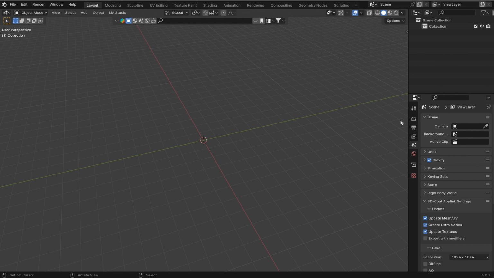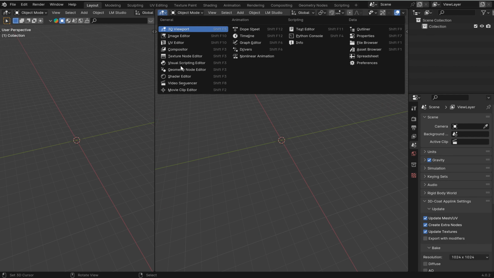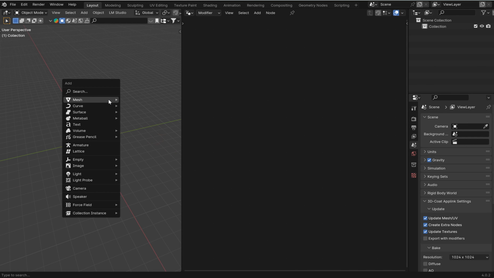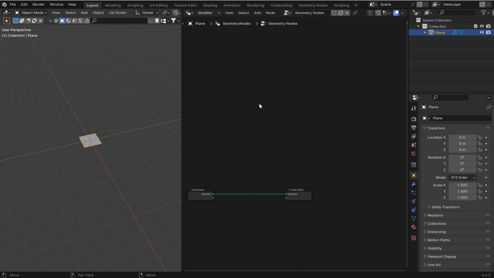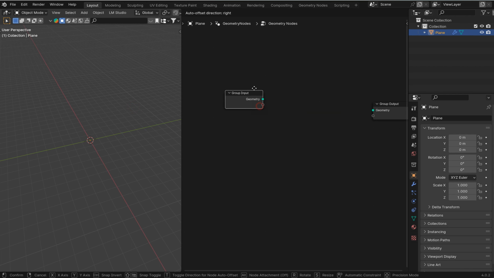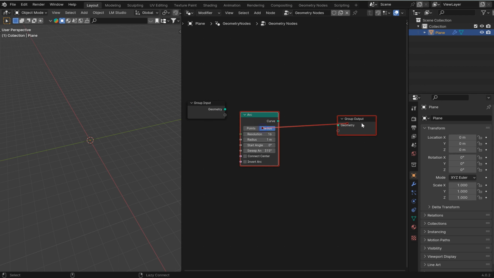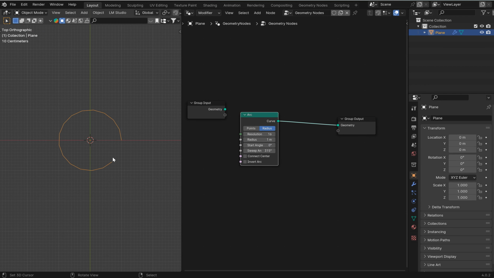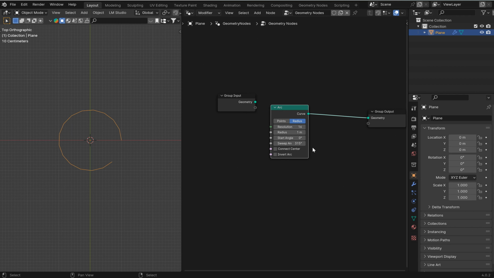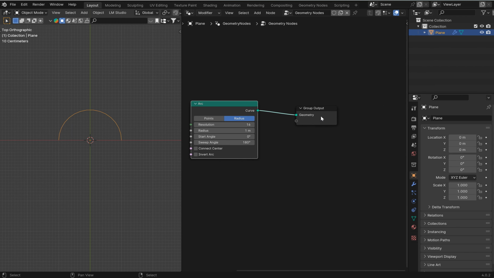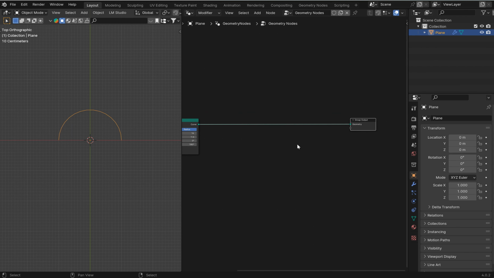All right, let's make this really easy and as quick as possible while still being informative. So I'm going to pop over to the Geometry Nodes workspace. Doesn't really matter what you grab, just grab a plane. I'm going to be cutting that off anyways because I don't need it. I'm going to drop in an arc and go ahead and connect it. Now I'm going to have the top view here so you can kind of see what I'm doing, and the sweep angle, I'm going to put that to 180 degrees,